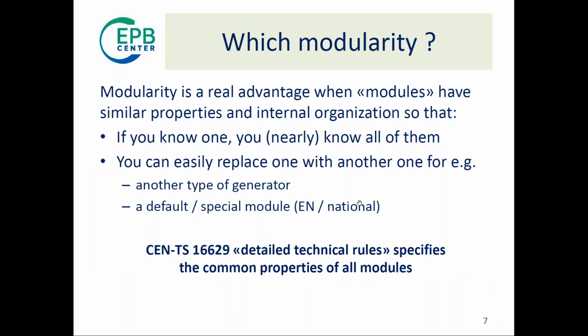And which modularity? So when is modularity an advantage? It is when modules have similar properties and internal organization. So if you understand properly one module, probably you nearly know all of them. Another advantage is, since we are in a European scheme, it will take time to converge. So you can easily replace one module with another one, for another type of generator, or a default special module because you want to have a national option or something like this. And don't forget, we have CEN-TS 16629, the detailed technical rules, which specify the common properties of all these modules